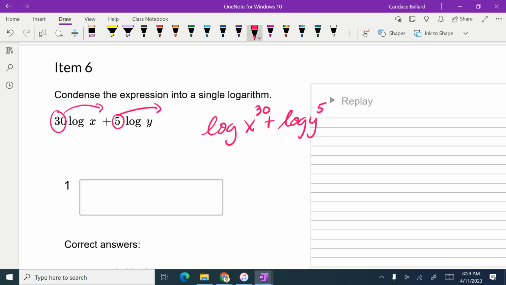What does addition turn into? Multiplication. So I'm condensing this down. That means I write the log only one time. So log of x to the 30, y to the 5th. That's it. I believe that was the last question. You guys,